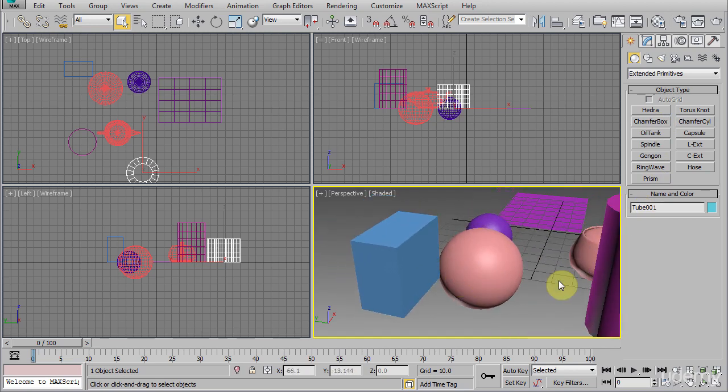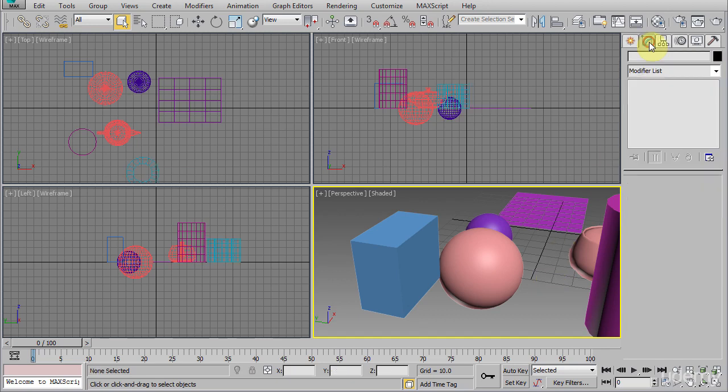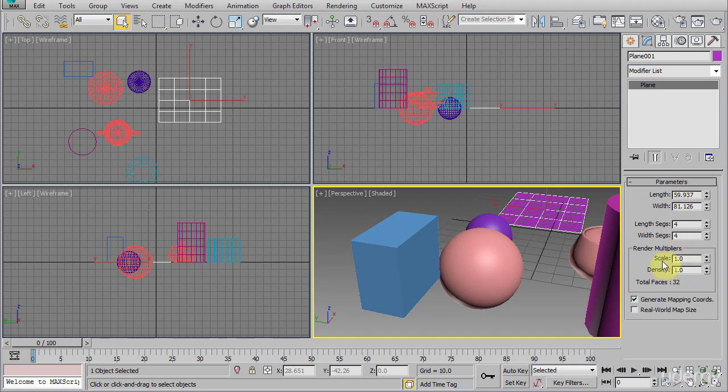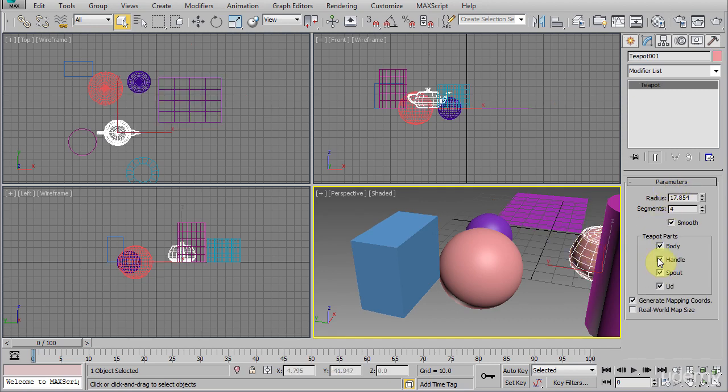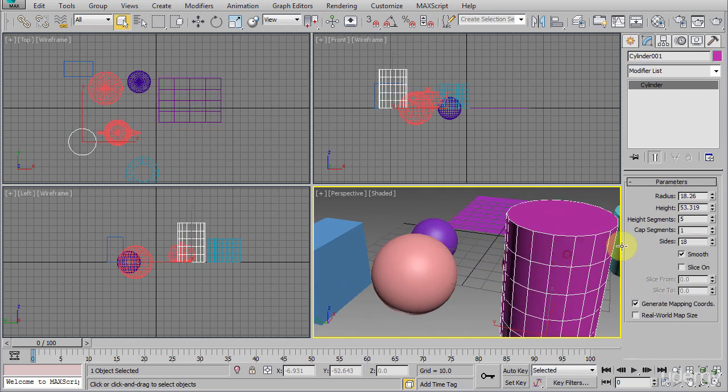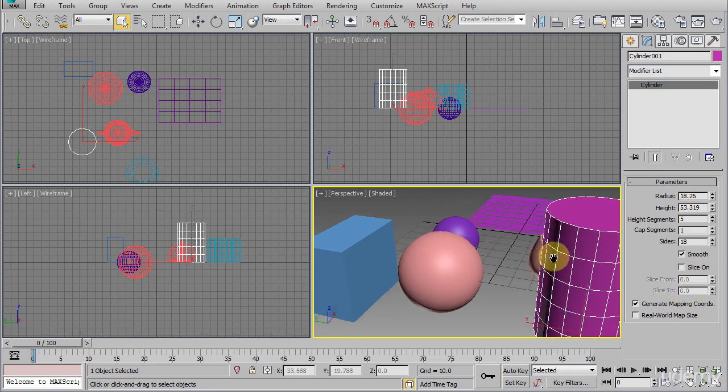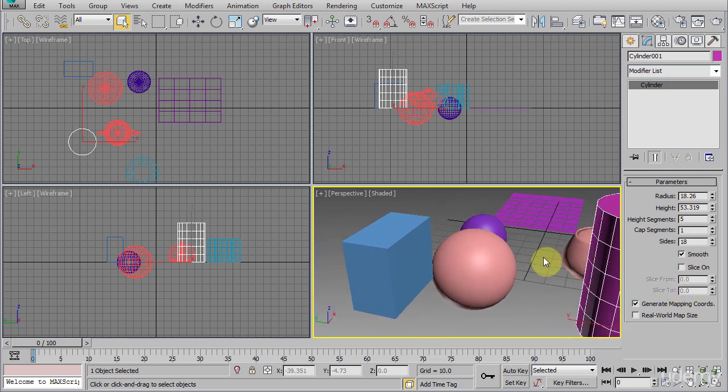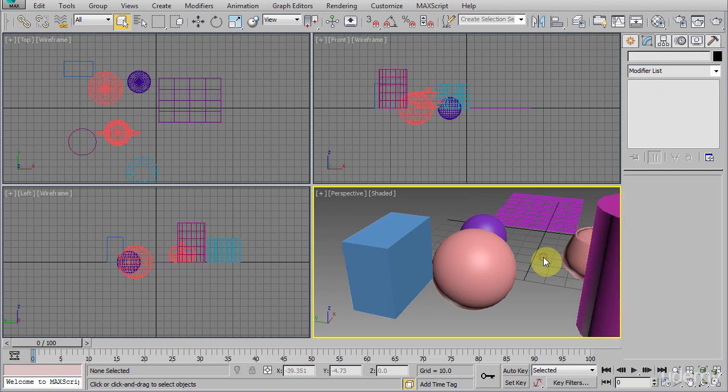If we go to the Modify panel while no object is selected, notice the Modify panel will not show any parameters. But if you select an object by clicking one of these objects in the viewport, notice the Modify panel will show the parameters of that object. So basically, Modify panel is a contextual panel, meaning that it shows parameters of currently selected objects and will remain blank if there is no object selected.